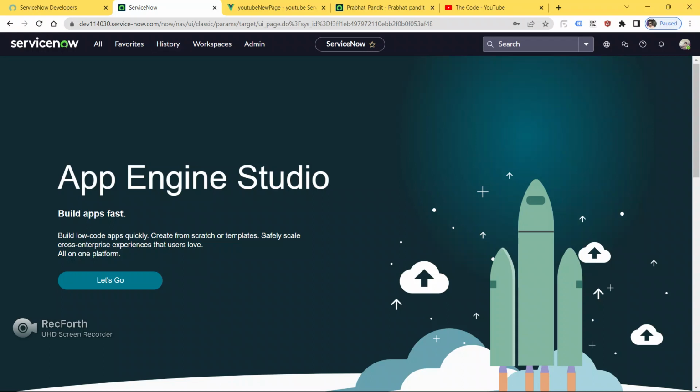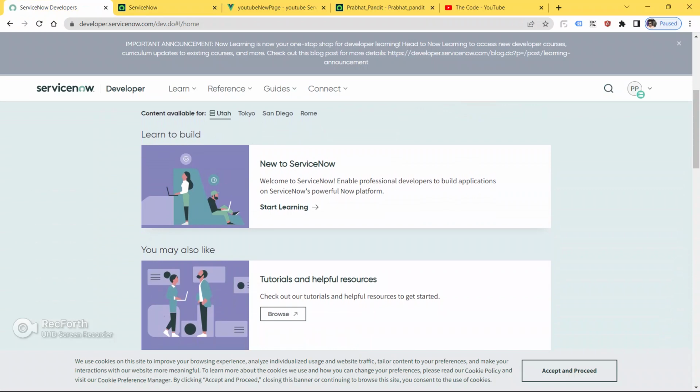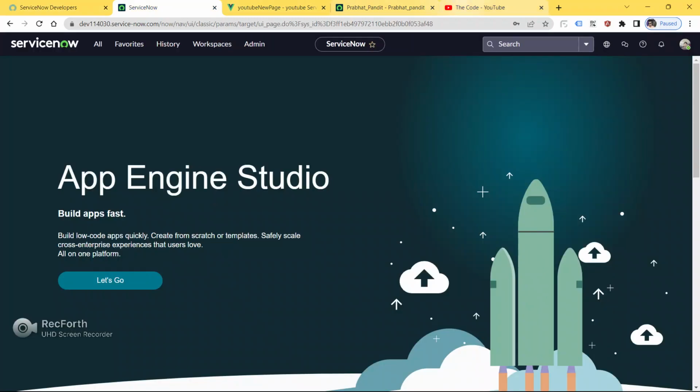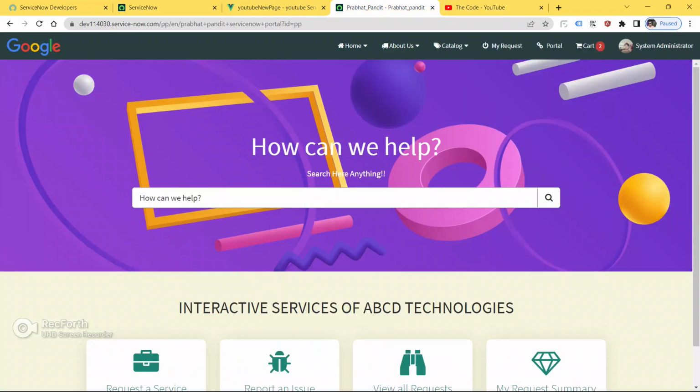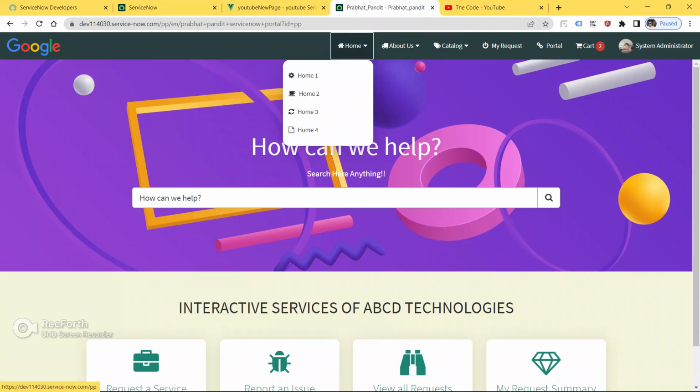In this video guys, we are gonna learn something new, something different. In this video guys, we are gonna learn something new in ServiceNow. Okay, so in the last video guys, we got to learn how to create navigation bar in ServiceNow. We got to learn how to create child drop down in ServiceNow. But in this video guys, we are gonna learn how to edit this ServiceNow menu icon guys. Okay, in this video we are gonna learn how to edit this ServiceNow service portal navigation menu bar.